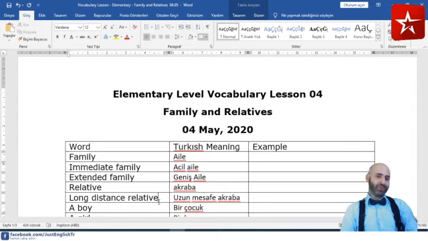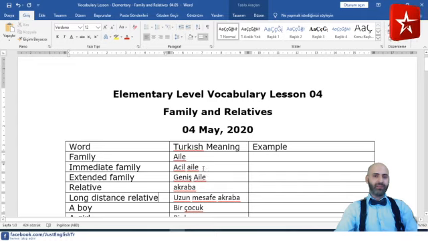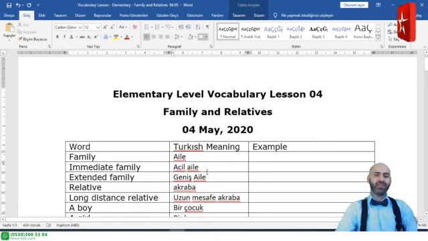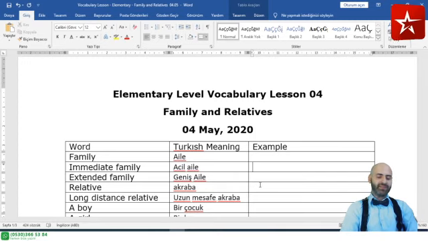Again, I'm not sure about Turkish meanings. I'm pretty sure immediate family is not acil aile in Turkish, but I don't know what you call this in Turkish. So this one means your mother, father, cousin, not cousin, sorry, daughter, son, wife and husband. Let me write it for you. Immediate